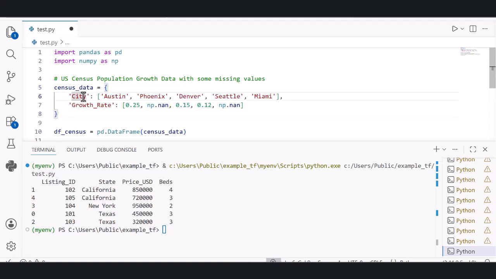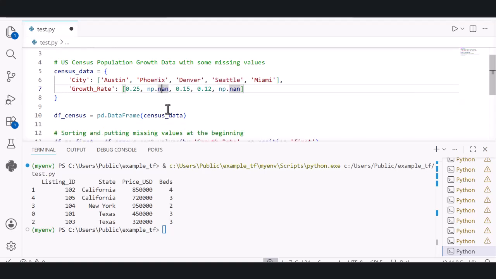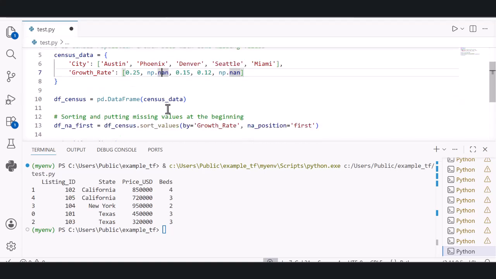Keys are city and growth rate. The values are stored inside the list, the names of city and the growth rate. You can see here np.nan, not a number, it's a missing value, and here also we have two missing values. First, let's convert our data set into a data frame by using the DataFrame function, and let's store the result in